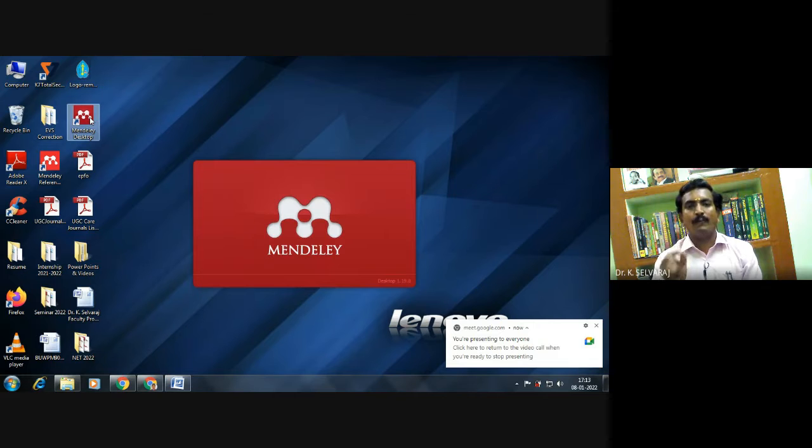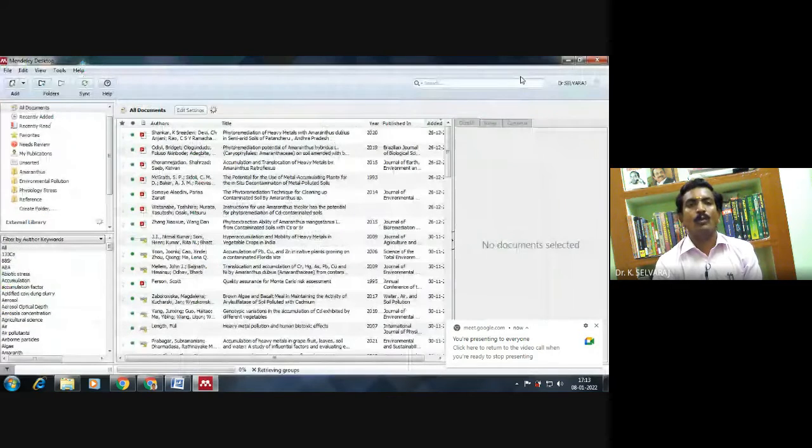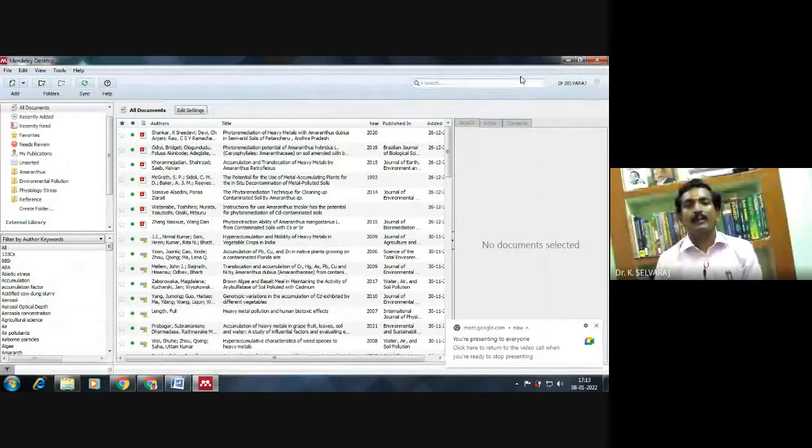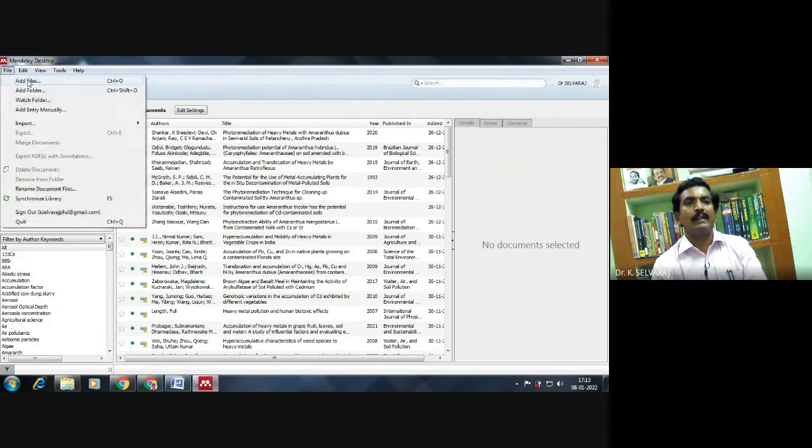At the time of first entering Mendeley after you download it, you first register with Mendeley through your mail ID. It is a very easy step, the same way we create a mail ID. First you download, then on the website you click sign up. Sign up means signing up with your mail ID. After the sign up, you reach the home page of your Mendeley website. In that home page, we can add files and so many things.